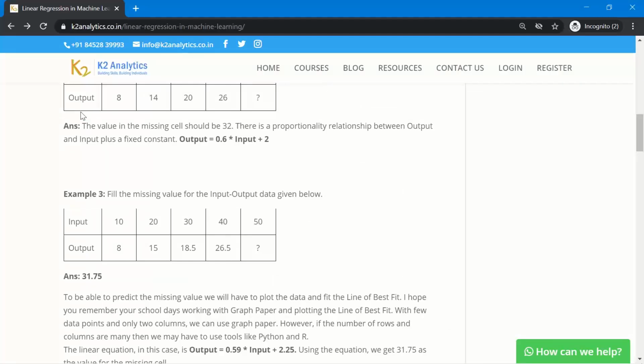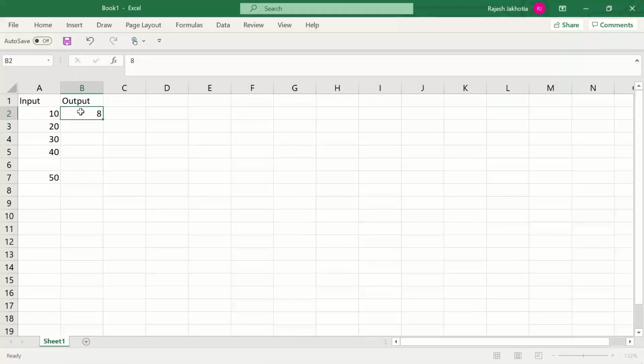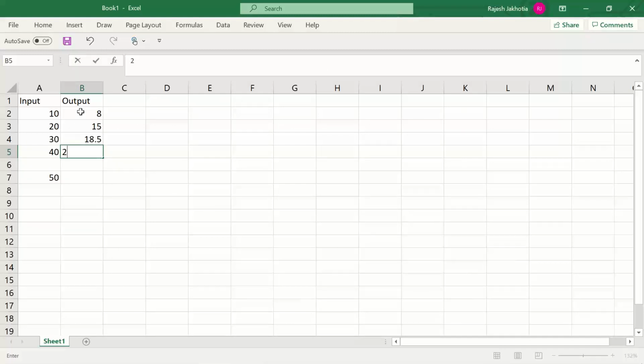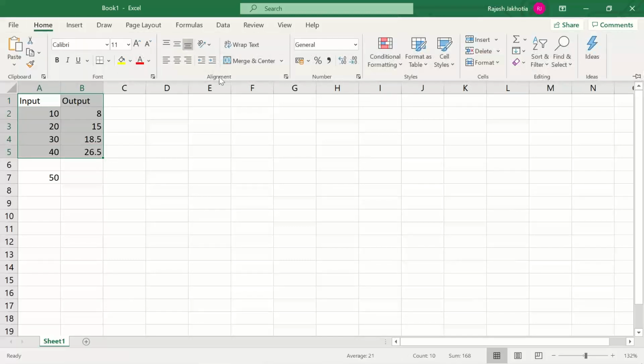And we have got 8, 15, 18.5, 26.5. Step 1, it's very important that we try to visualize this data. So I need a scatter plot.